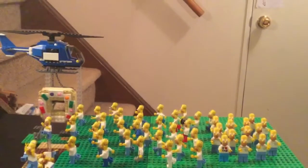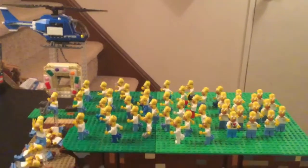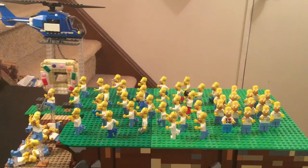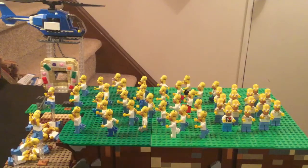When I was working on this project, I had good help from Factory Fresh Bricks, a friend of mine, Brian, from New Jersey, who hooked me up with a BrickLink seller that had oodles and oodles of parts for Homer Simpson, and relatively cheap too, even though it was outside of the US. But I had a good time getting almost all of those at once. It gave me 30 or more of them, which was enough to really